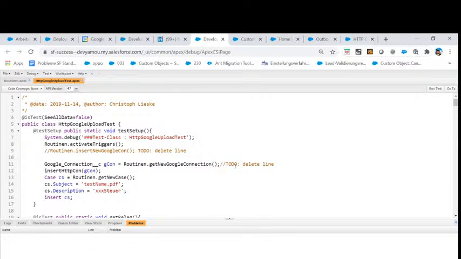Let me write down something. Okay. To delete,